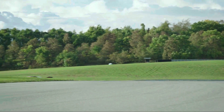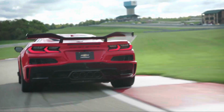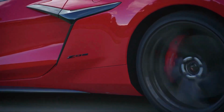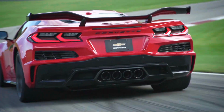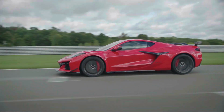But ultimately, that's pretty much the difference between these two vehicles, guys. Obviously, there are very select options between the two that are specific to that model. So like the E-Ray, the new wheels are not going to be available on the Z06, and the wheels on the Z06, other than carbon fiber options, will not be available on the E-Ray either. So other than those options and the price differences, they're very similar cars. So it's still going to be obviously up to you, and that's pretty much how I'm going to leave it,